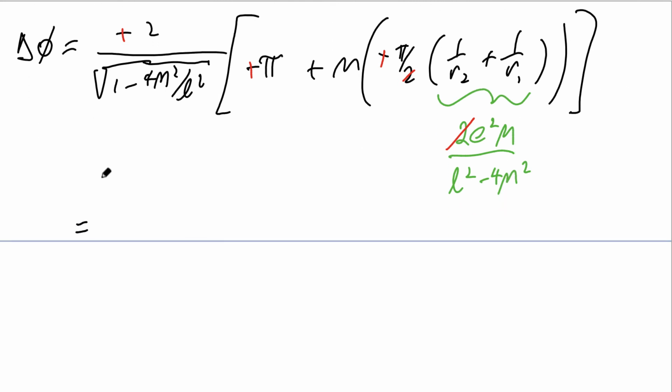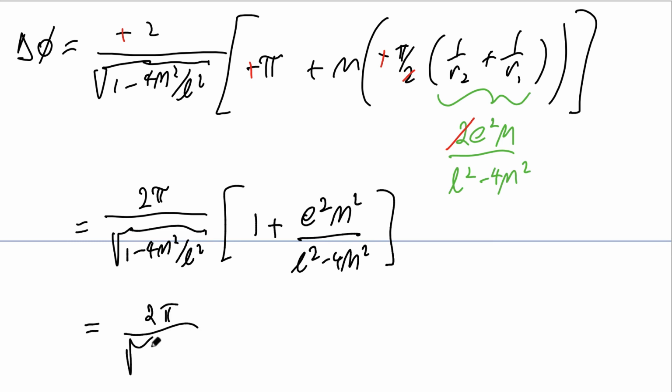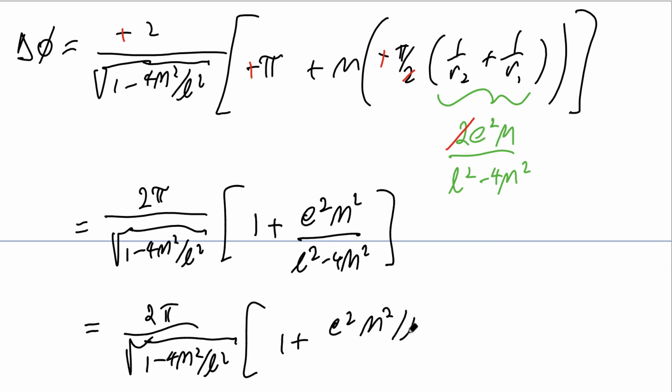And what we're left with is delta phi equals 2 divided by the square root of 1 minus 4m squared over L squared. Actually, let's bring the pi out as well. And we have 1 plus little e squared times m squared divided by L squared minus 4m squared. And one more simplification. Let's write this as 2 pi divided by the square root of 1 minus 4m squared over L squared times 1 plus little e squared times m squared over L squared divided by 1 minus 4m